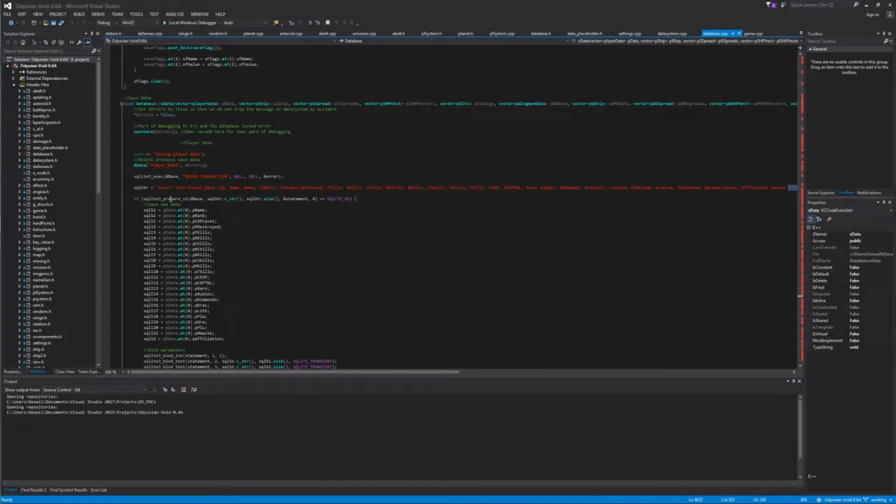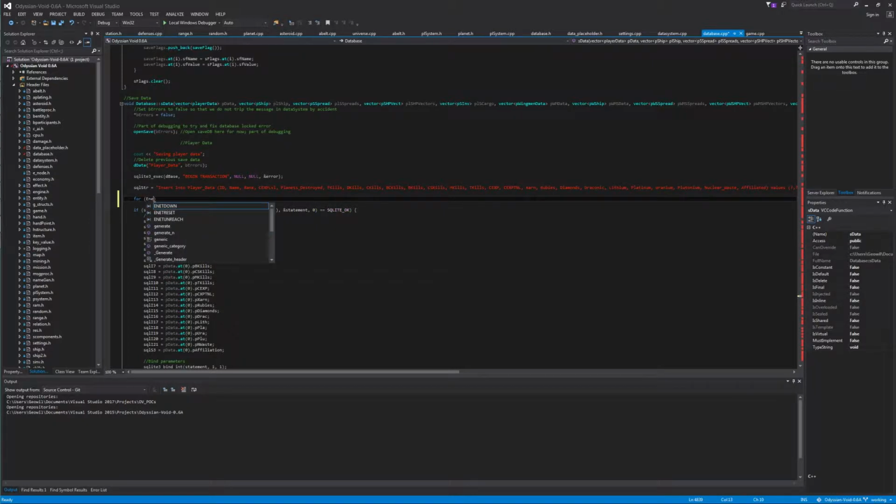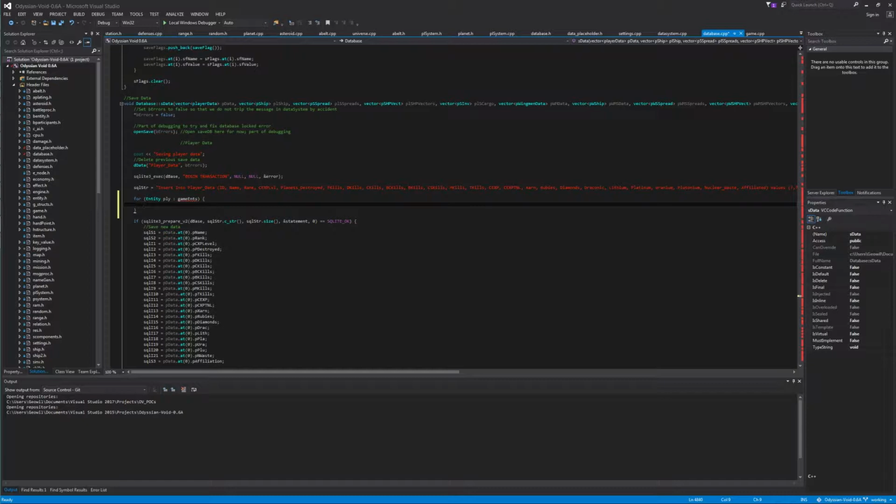So since this is the player data, we only have one of them. But let's say we have multiple players for some reason, just for the hell of it. So this is not going to be code that the compiler is going to like, but we'll deal with it. So for, it's an entity, so for entity player in game ents or something, assuming game ents is a vector of entities. And then for each one of these, we want to say,